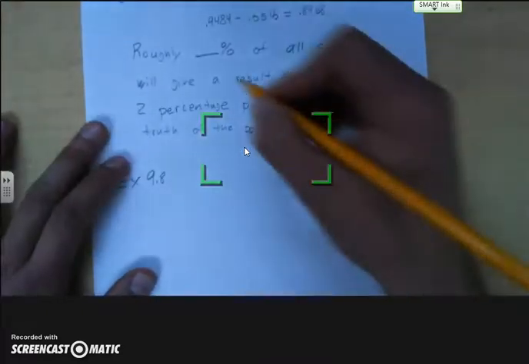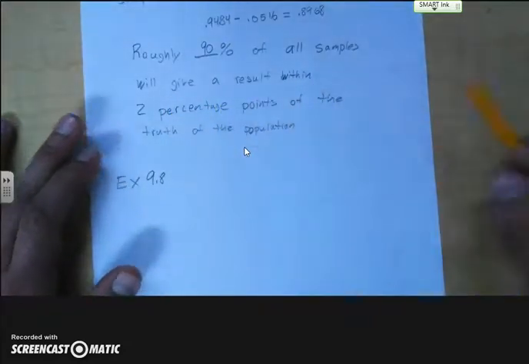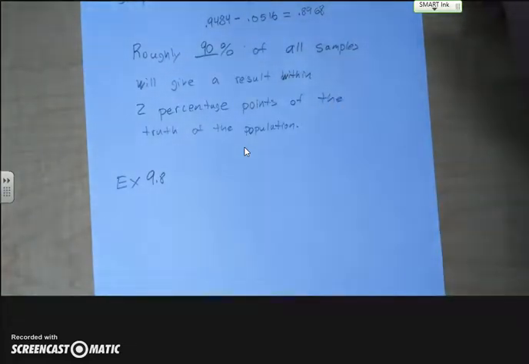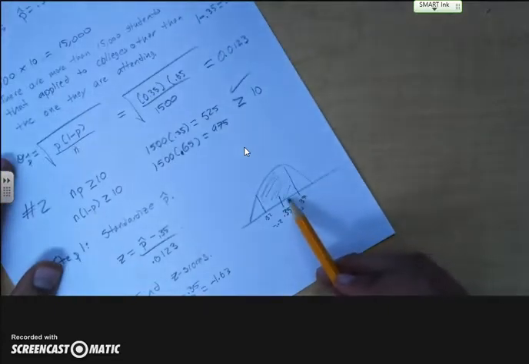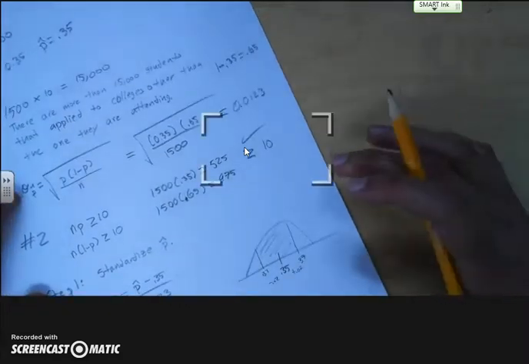Now I'm going to put right here, roughly 90% of all samples will give a result within 2 percentage points of the truth of the population. So what that means is, if we were to take a random sample of 1,500 students from any college or a collection of colleges, 90% of the time, the results would basically fall into this category here. So about 90% of the data will fall in here. So when we standardize this, essentially this works about 90% of the time. And again, this is kind of a